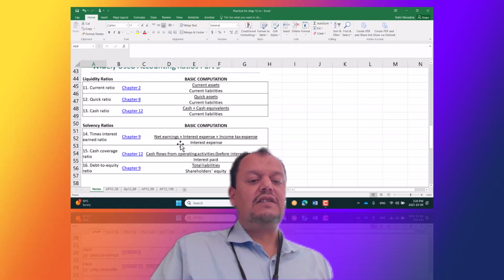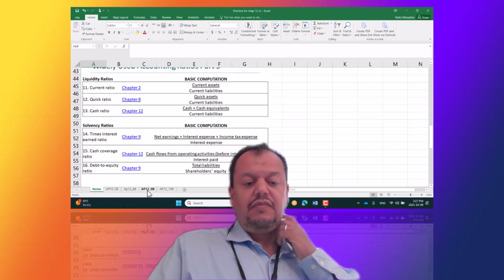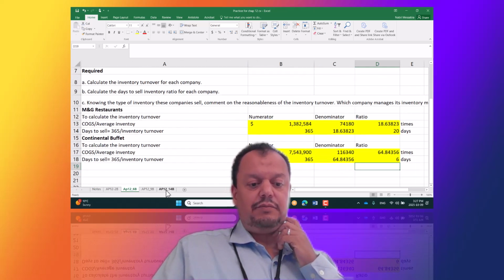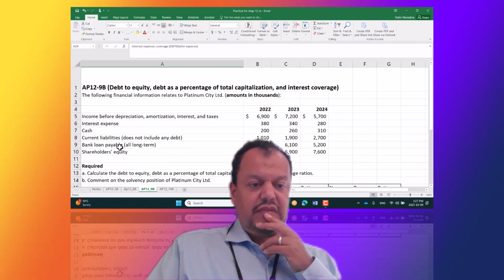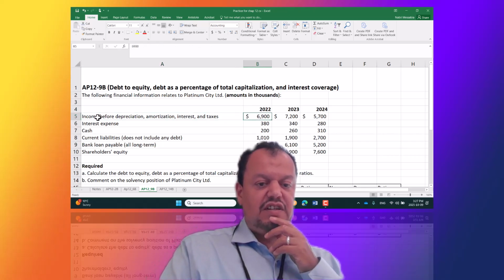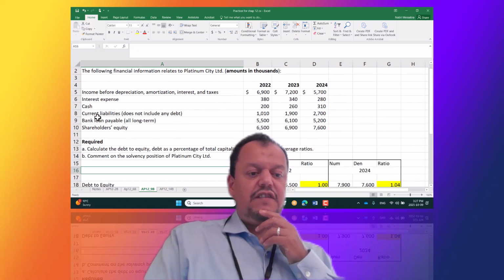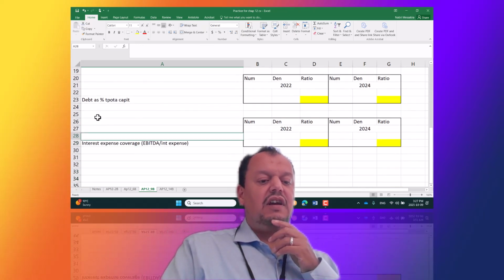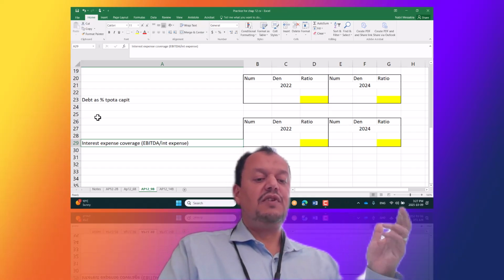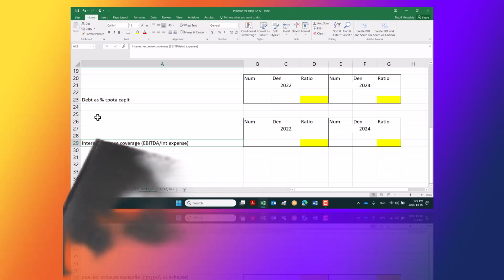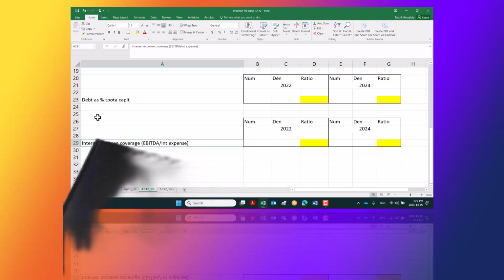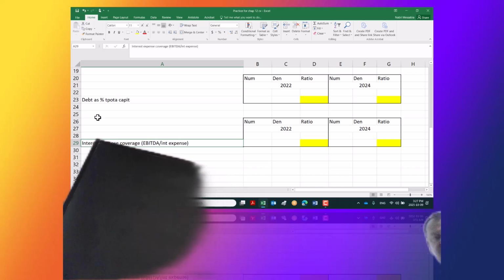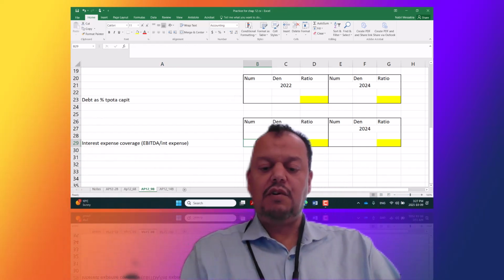Yeah, times interest earned. We can do this. Times interest earned, net earning plus interest expense plus income tax divided by interest expense. So here I have, what do I have as information? Interest expense coverage. I have the income before depreciation, amortization, interest, and I have the interest expense. Okay, so this is what I need. As a numerator, the earning before interest, depreciation. So the EBITDA is the earning before interest, tax, and depreciation, divided by the interest expense, which means in the numerator, I'm going to put